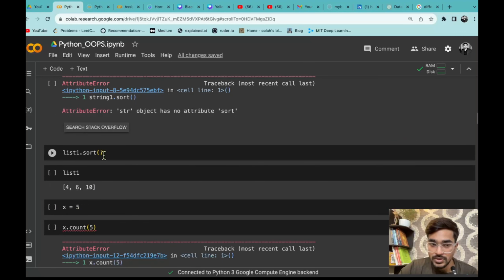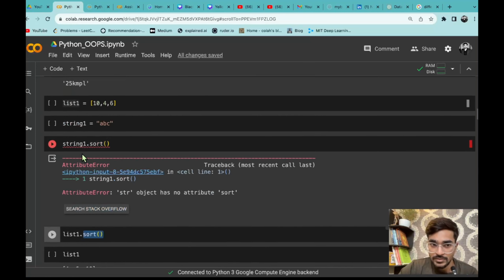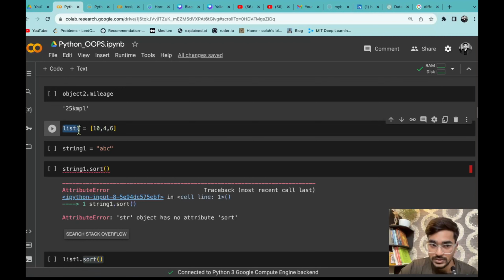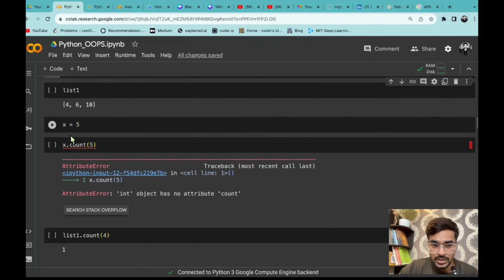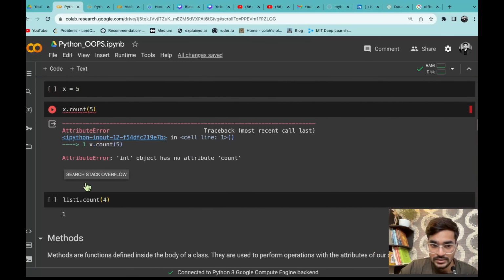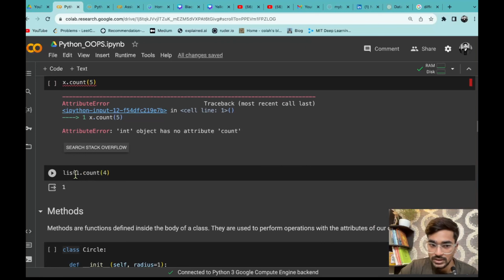Why is it working? Because in the list class this dot sort method has been defined. That is why if I create a list 1 object that belongs to the list class, you can apply the dot sort method. Similarly, you can't apply dot count on an integer, but you can apply dot count on a list. It will return the value.